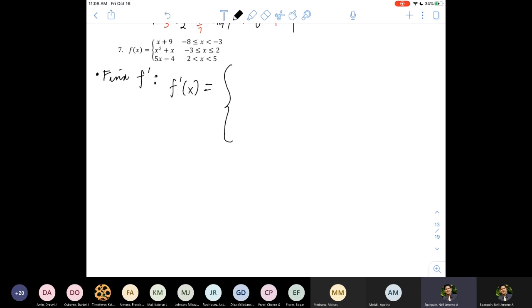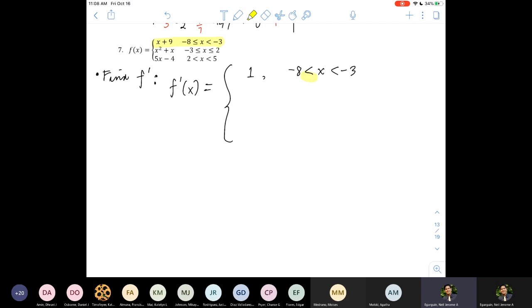So what do I mean? If we take the first piece of the conditional function, it is x plus 9. The derivative of x plus 9 is 1. So the derivative would be 1 whenever x is less than -3. Okay, take note that here I removed the equal sign for the left endpoint,